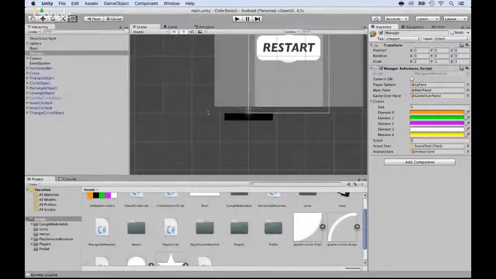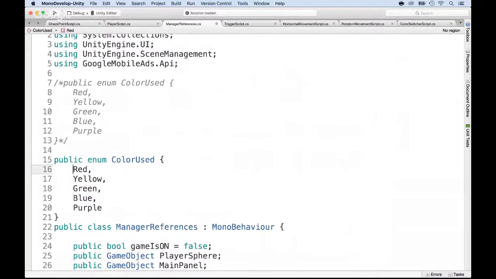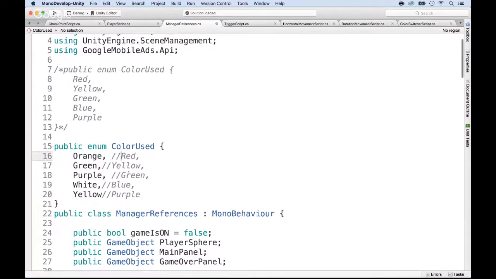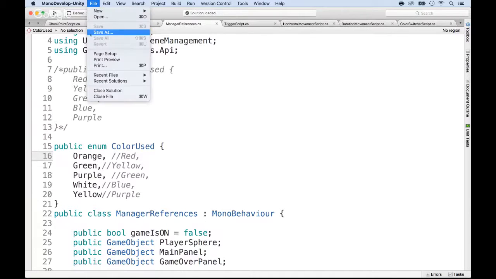And now the red is not red anymore. The red, if you go back to Unity, the red is the orange. So it becomes orange, green, purple, white, yellow. Okay, orange, green, purple, white, yellow. So let me write it here. I'm gonna comment this out. Okay, and now it's orange, comma, then green. Is it green? Oh, yes, orange, green, purple, white, and then yellow. All right, so these are the colors that are used now instead of red, yellow, green, blue, and purple. So I'm going to save this, file save,